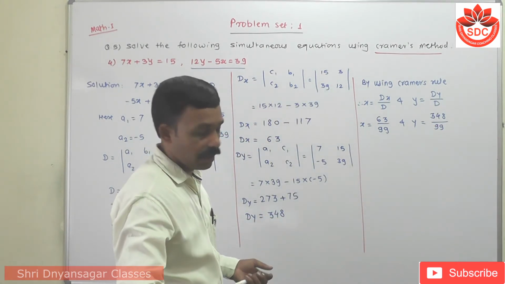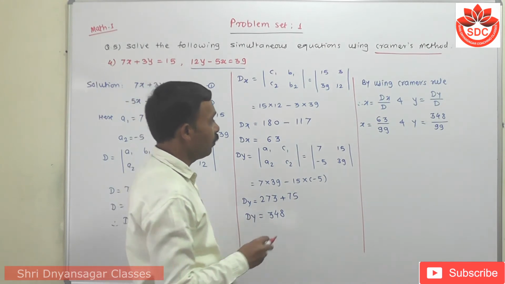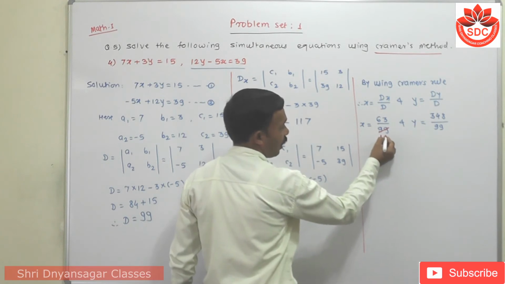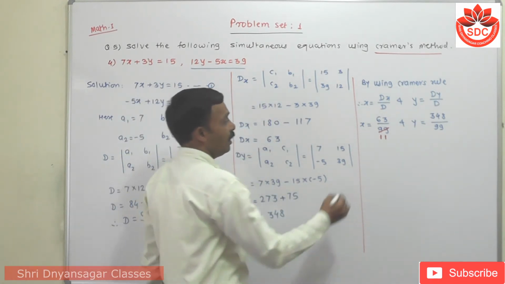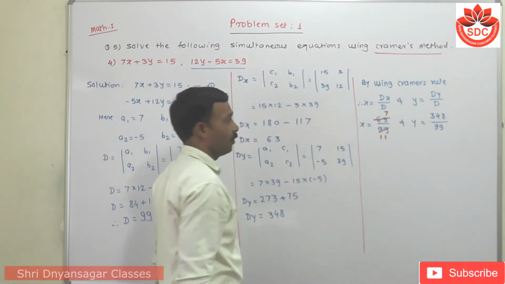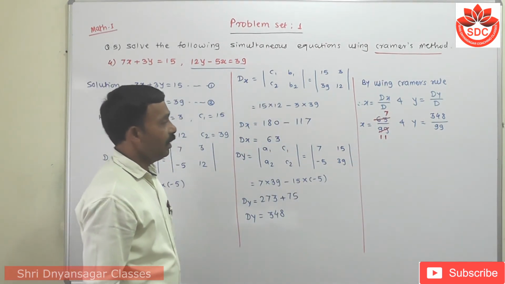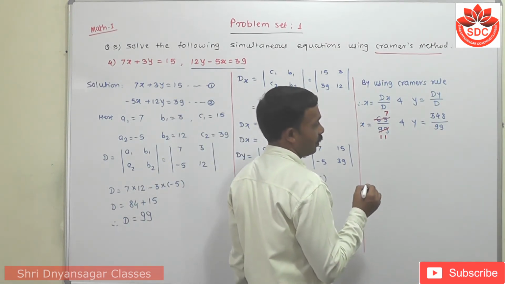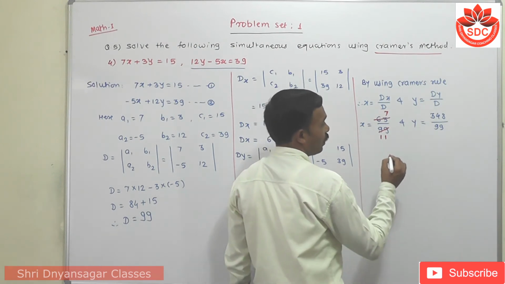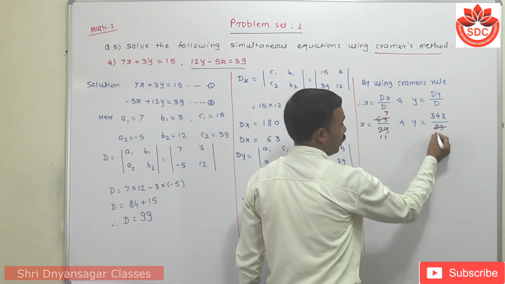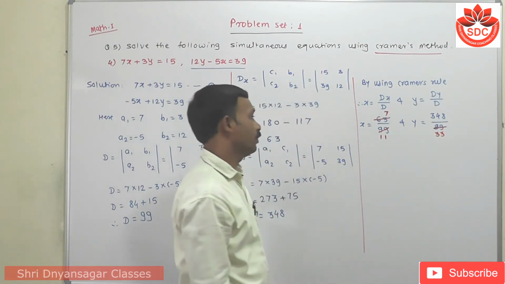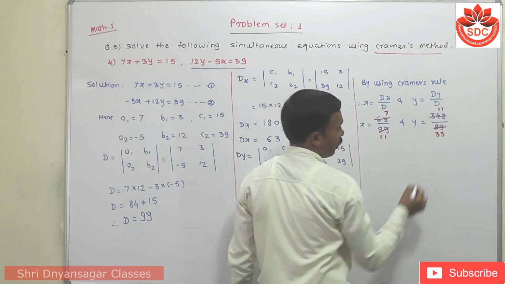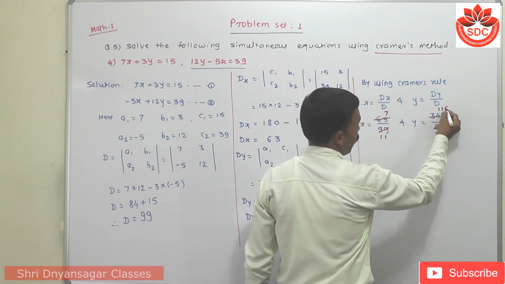Student, we can simplify it. So, which number for the simplification? Here, we take 9. 9 ones are 9, 9 ones are 9. 9 sevens are 63. Then here also, we cannot divide by 9. So, we take here 3. Okay, 3 threes are 9, 3 threes are 9. Then here 3 ones are 3. Again 3 ones are 3.